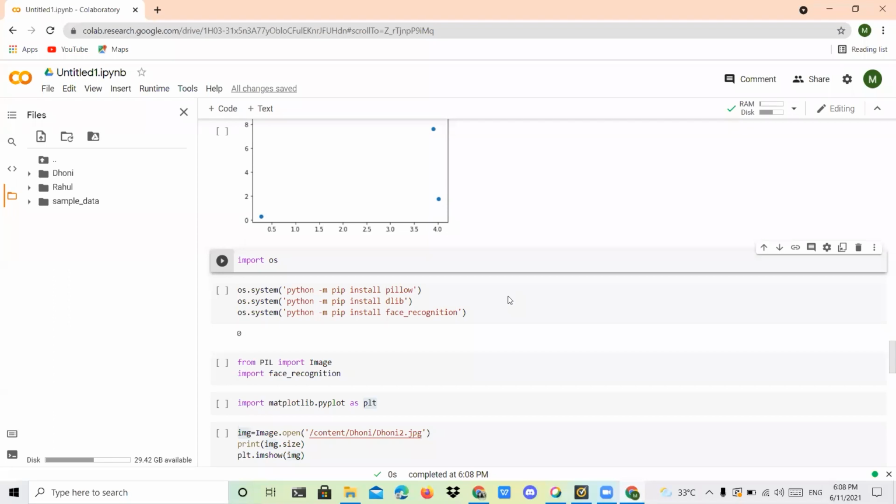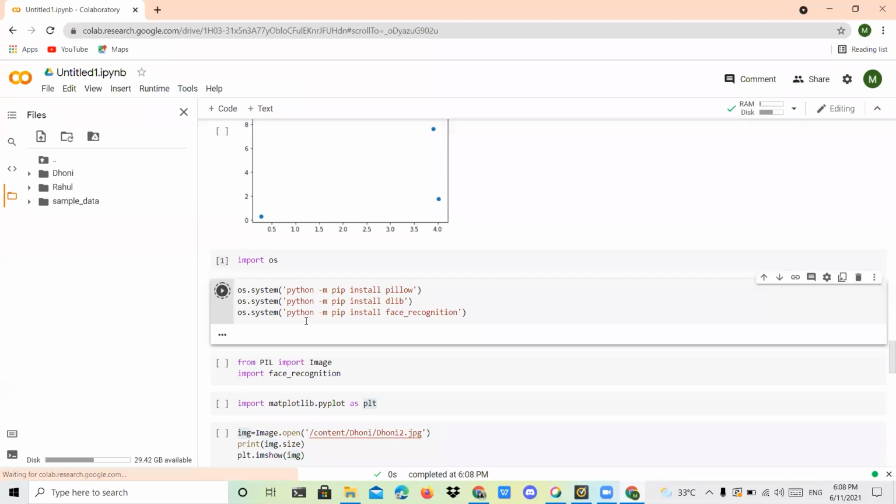Yes, a single command we can also use afterwards. After completion of this one, I'll explain.